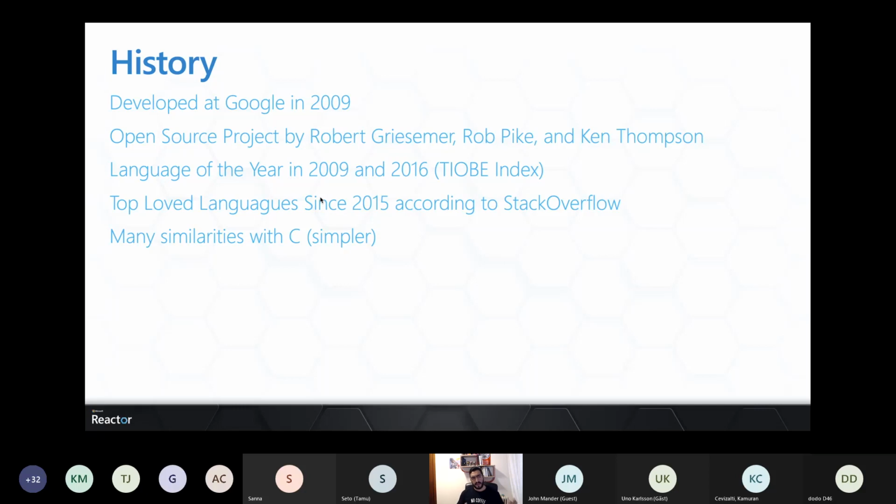And another thing is that Golang has many similarities with C, with the difference that Golang tries to make the programming language simpler. It's not going to be the same as C or C++, but as I was saying before, it has several similarities. The same happens with other programming languages, right? But in this case, Golang was born out of the frustration of using C.